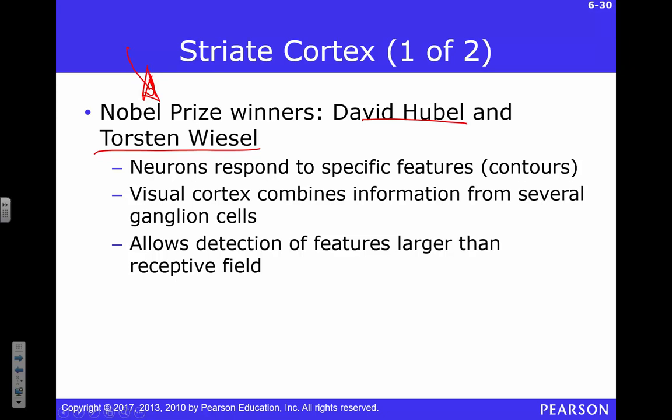So what these guys did, they did some work back in the 60s and 70s. They got the Nobel Prize in the 80s for some of this work. You're not going to see everything, so don't worry too much. They actually did recordings from a cat visual cortex, right? So they were taking a metal electrode, they were putting that in cells in the cat visual cortex, and they started showing this cat different things, right? So they would show it visual stimuli, dots, moving bars, all kinds of things. They could map out these receptive fields.